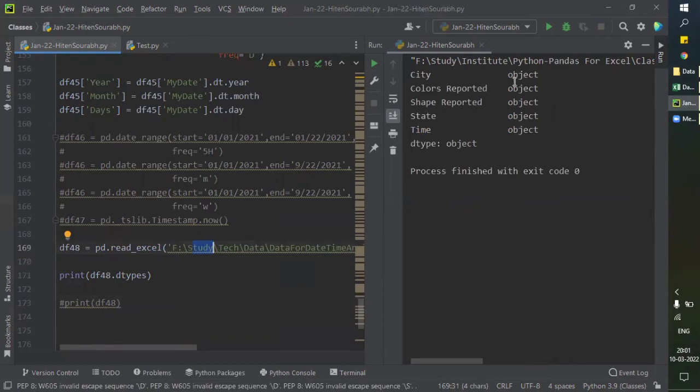You can see city is an object. This is also all the things, all the columns are in a form of object. Okay, they don't have any data type currently. The object is their data type. And date and time, the time column is also in an object data type. So first of all, to make this time column useful, we need to convert